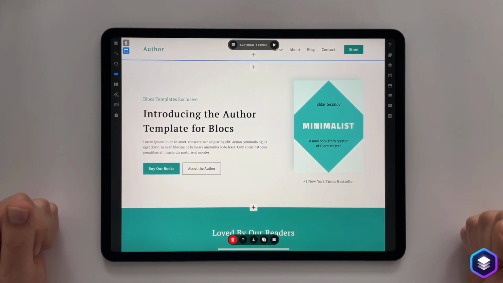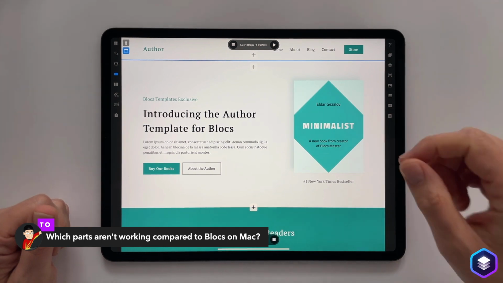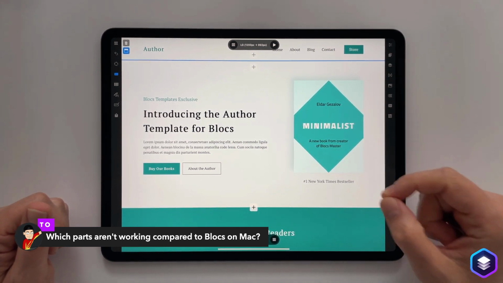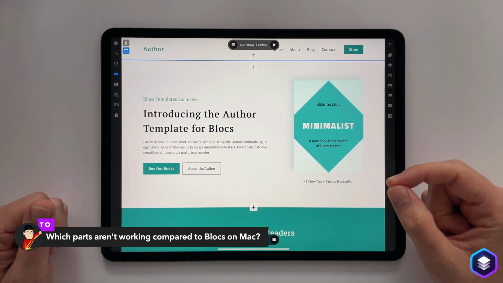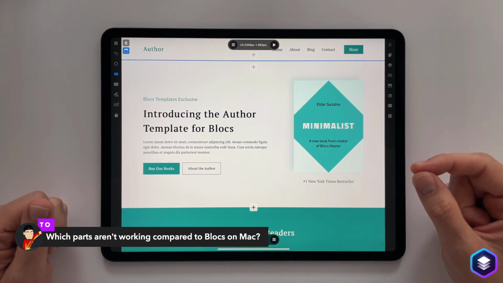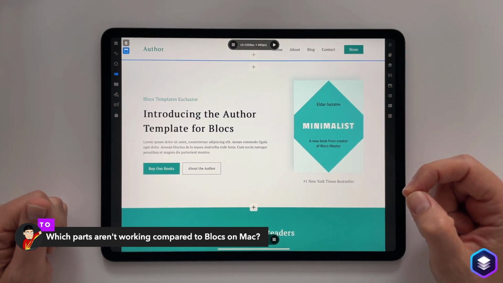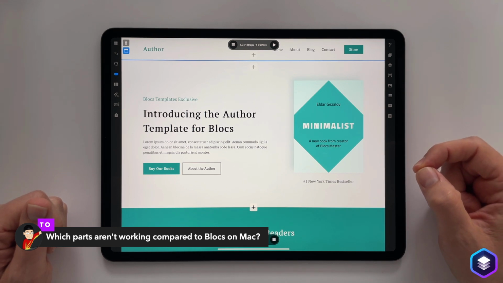Norman, someone's asking which parts aren't working compared to Blocks on Mac. Okay, so there's a few parts that haven't been built into this test version yet. The first and probably most important part is the extension manager. The extension manager is responsible for installing page templates. It's responsible for installing custom blocks and custom bricks.